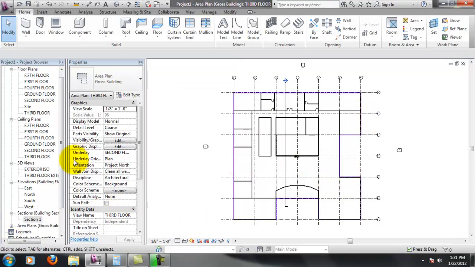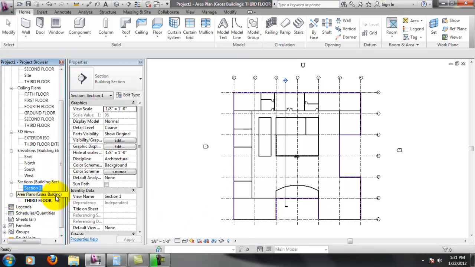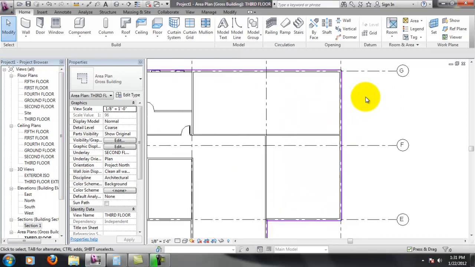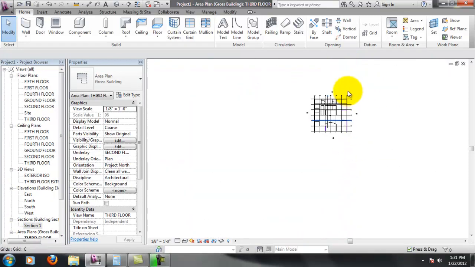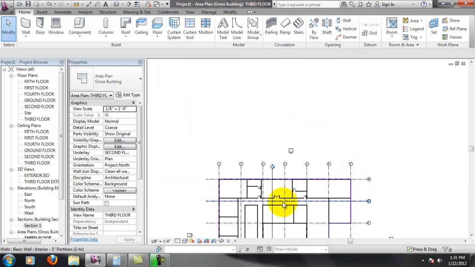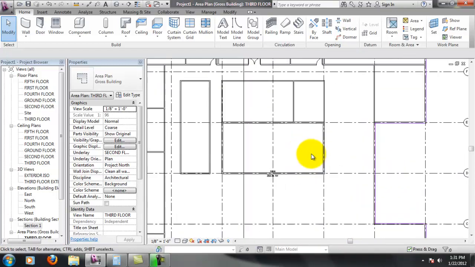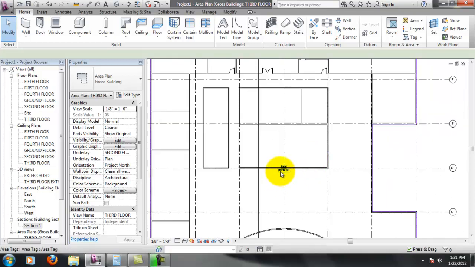Now you'll see an area plan came into my project browser over here. Gross building, third floor. And on the actual drawing screen, you'll see this purple line around the exterior. That shouldn't cause any problems, the fact that that's not touching. We'll get an error if it does. We'll correct that. Now, for the sake of this area plan,